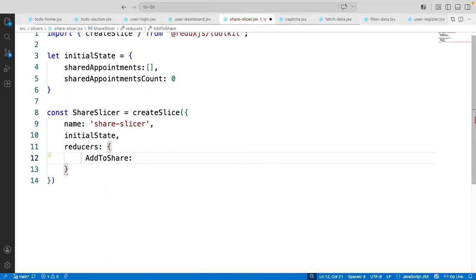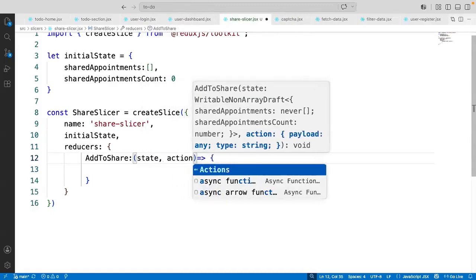What does this action have to do? It should perform some functionality. What should it do? addToShare is an action. What should it do? Actually, this action will have a state and action. It can have a